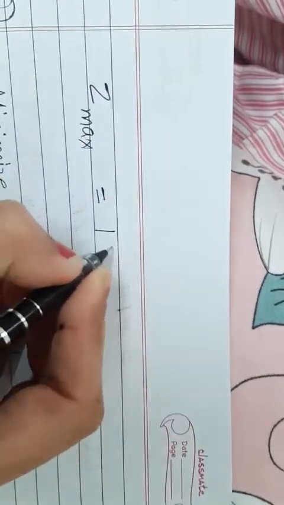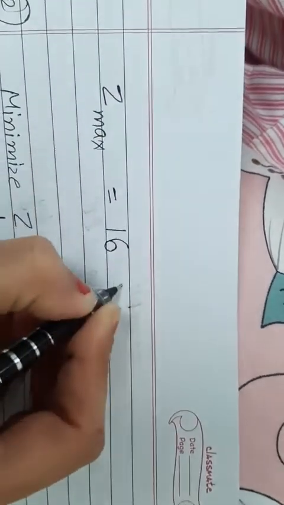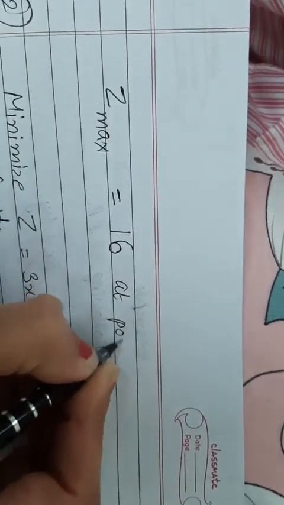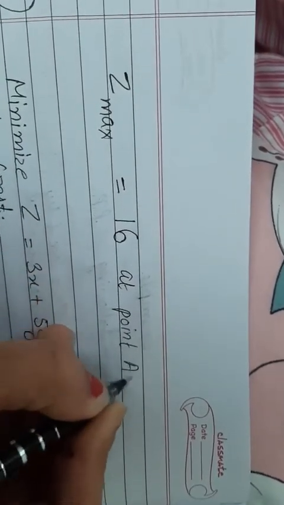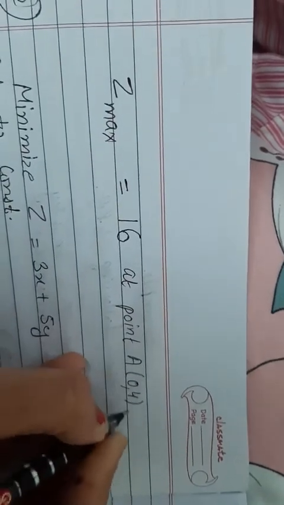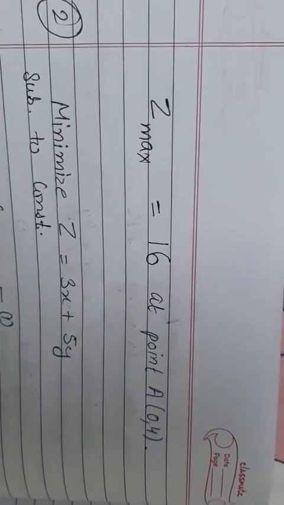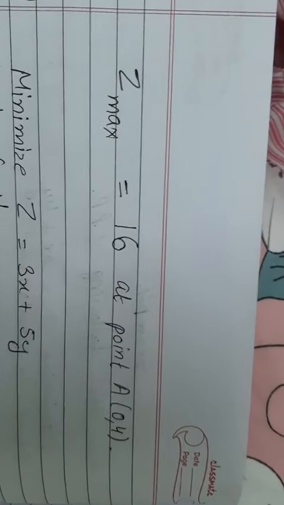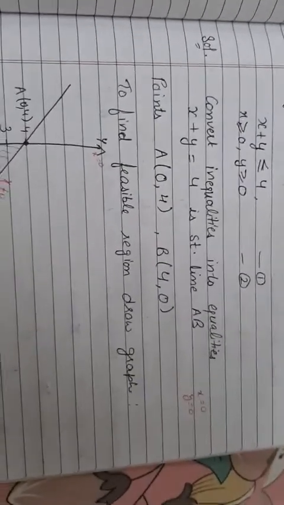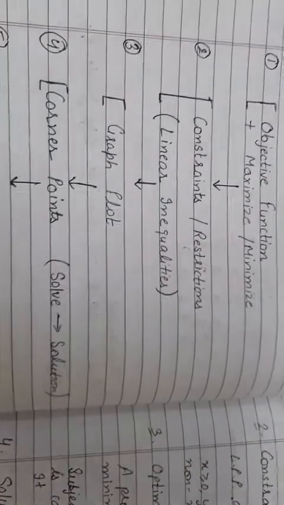So your answer is maximize z. Maximum value of z is 16 at point A, that is 0, 4. So this is your maximum value of z. Clear? From this example you will be very much clear about these steps. Okay, now I am giving you an